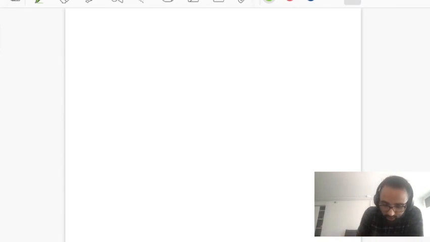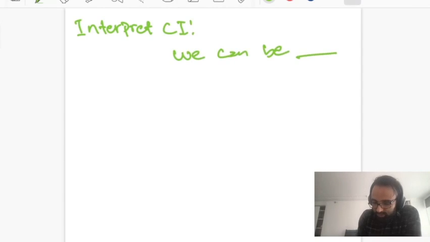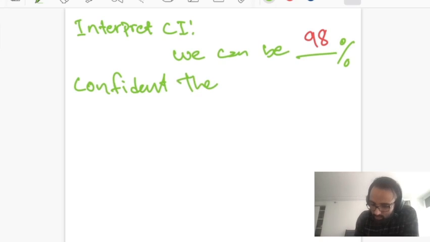All right, so the way that you interpret the confidence interval is we say we can be whatever percentage. So in this case, we have 98%. 98% confident that the range, that our sample mean, that our population mean,